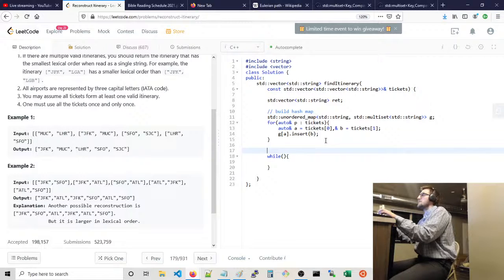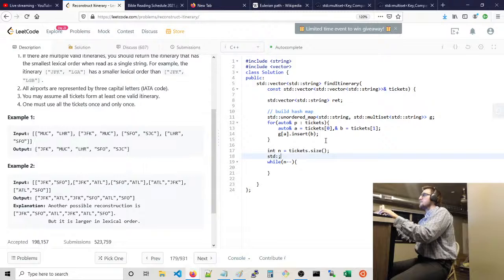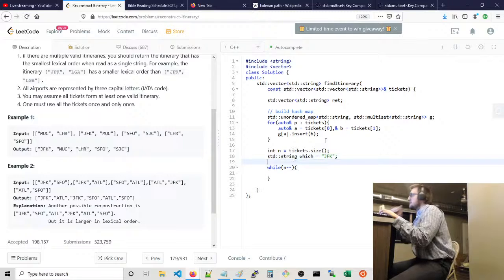We want to say int n equals tickets dot size, while n minus minus, string which starts off at JFK, right? So JFK, and we're going to say